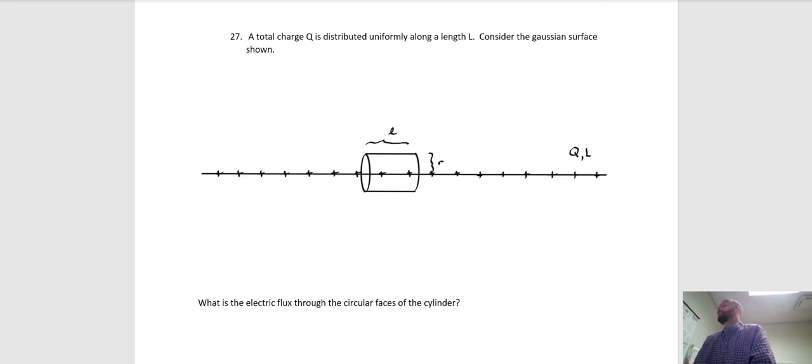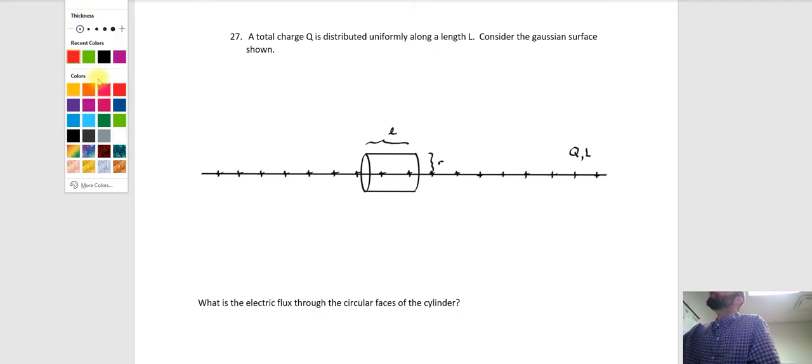I'm making this video to help you out with number 27 in your Unit 1 homework. So let's see: a total charge Q distributed uniformly along a length L, consider the Gaussian surface shown. So we're looking at a charge distribution where a charge is